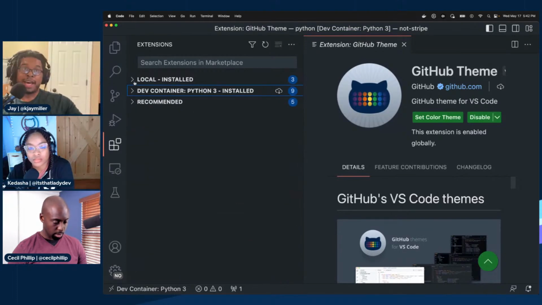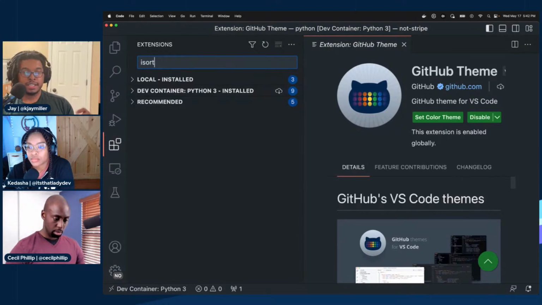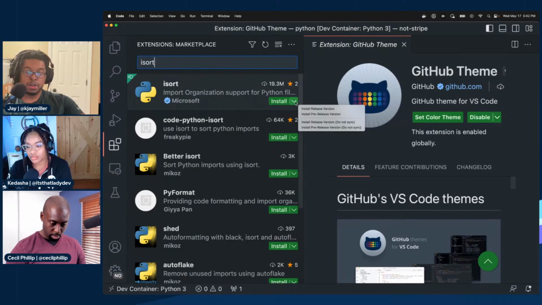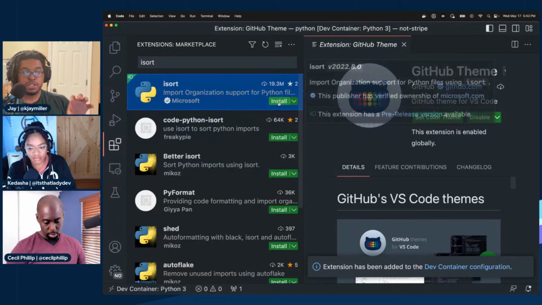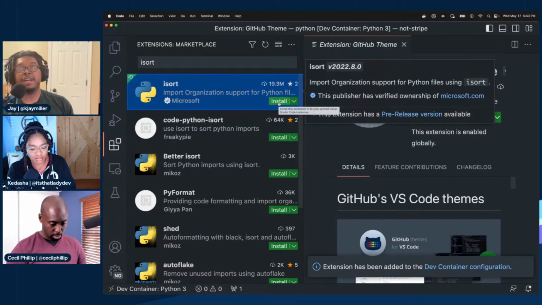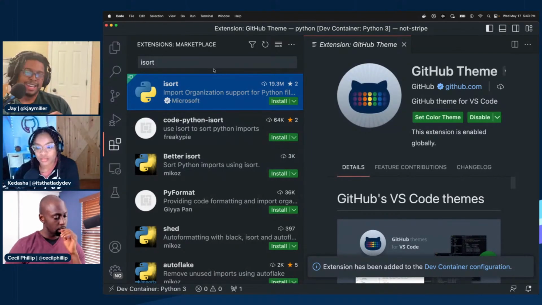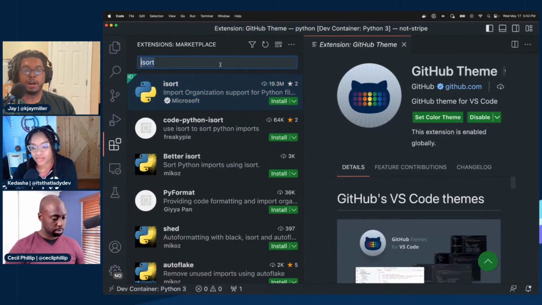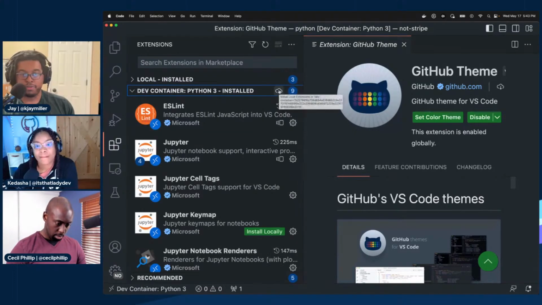And that allows me to do things like if I'm running Black, if I'm running isort, if I'm running Ruff, there are a lot of settings that you can configure that you normally would configure inside of VS Code that I could say, I want everyone that is using this tool to have that. So if I say my dev container has requirements.txt, which we can talk about in a second, but I have Ruff installed,